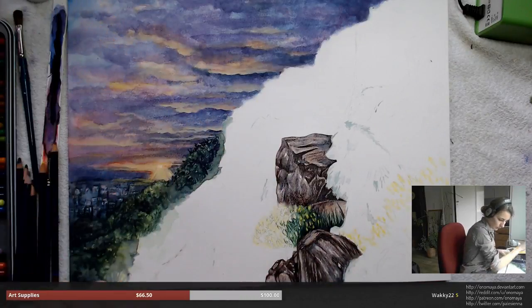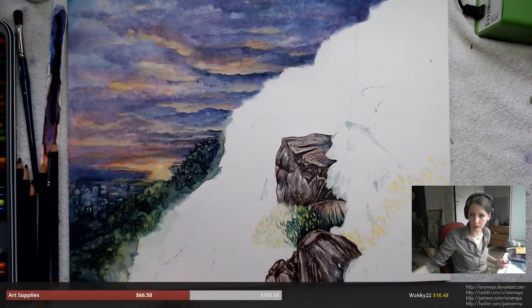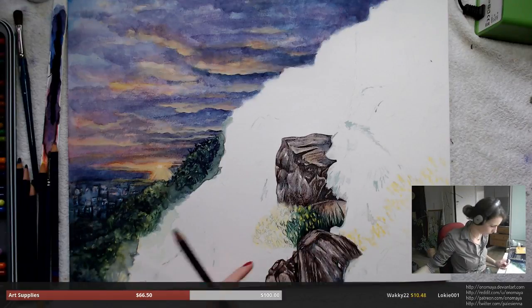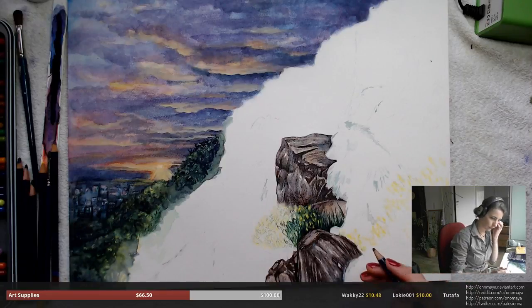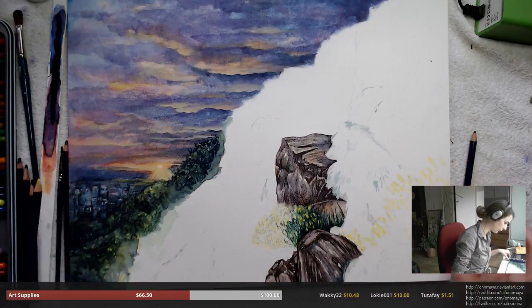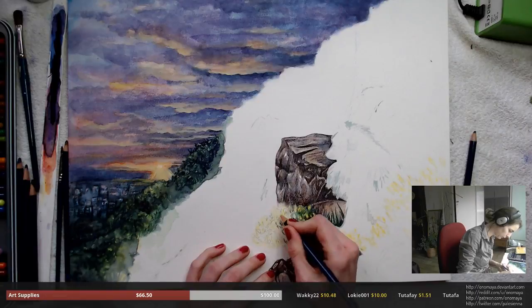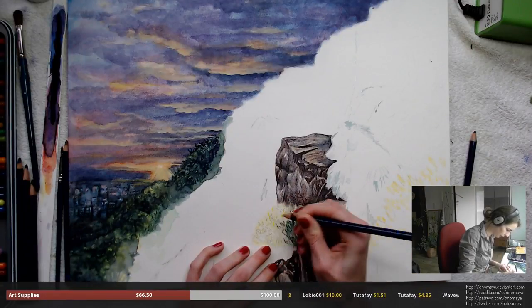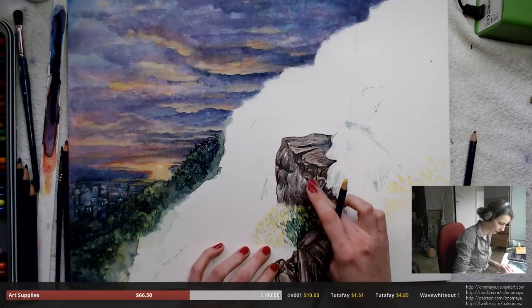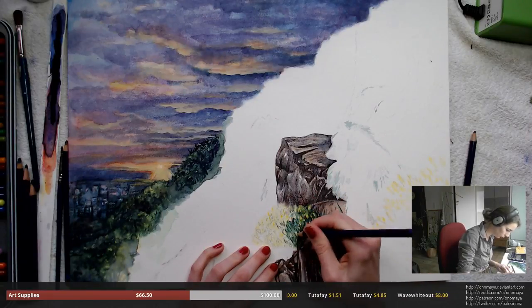Okay, next area I will be doing is this. I'll just finish this, but I just noticed that it needs a bit more yellows. It's okay if this area shines. It's not directly close to the dog, so...